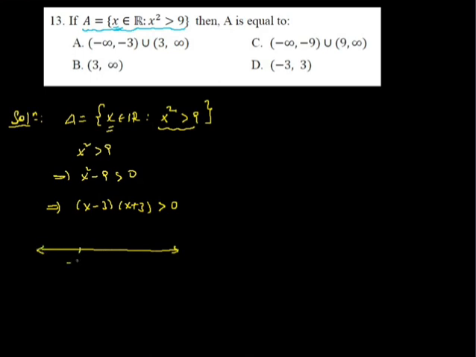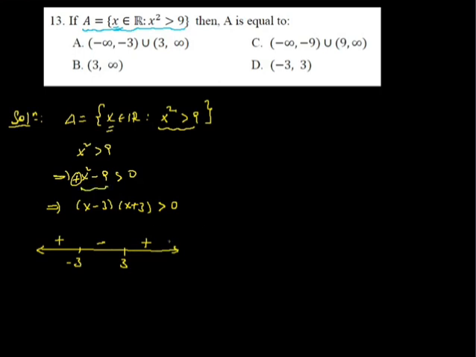The zeros for this inequality -3 and 3 are the zeros። እዚች ጋር የA ዋጋ ፖዚቲቭ ስለሆነ፣ ፖዚቲቭ 1 ስለሆነ I start from positive, negative, positive።